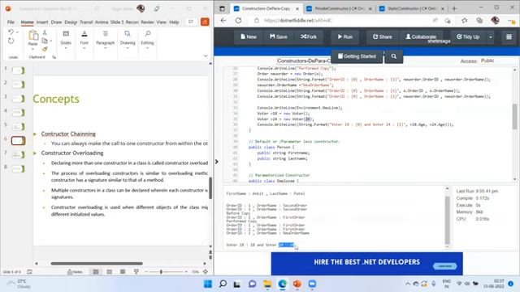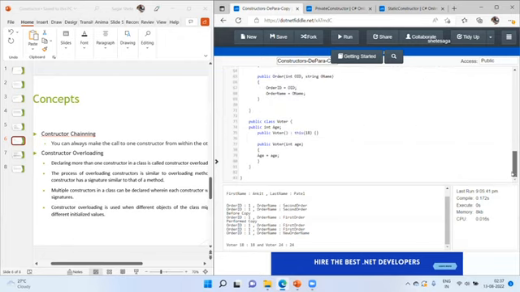But if I don't pass any kind of values over here, it internally calls another parameterized constructor with this particular value, because this denotes the same class. And that has a parameter of 18. So it by default takes the value of 18,